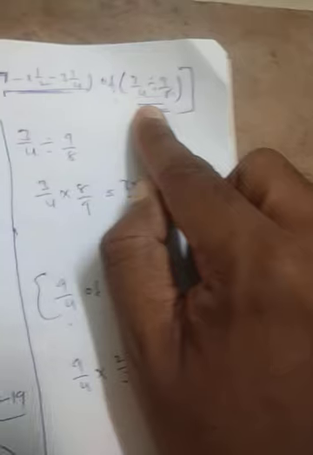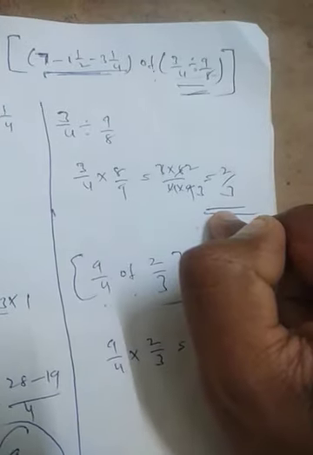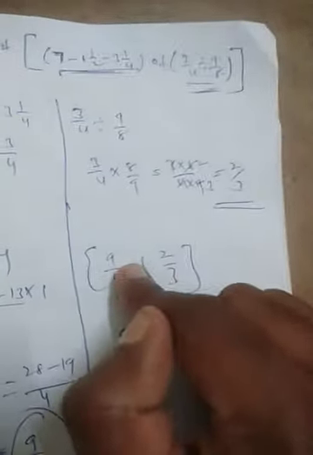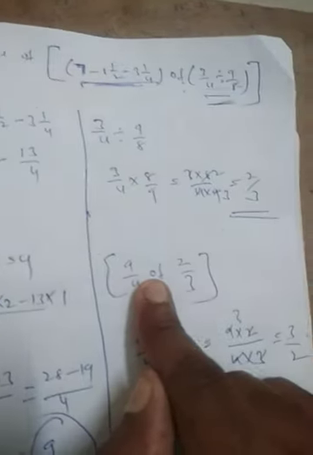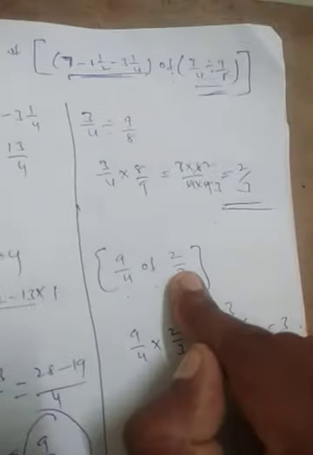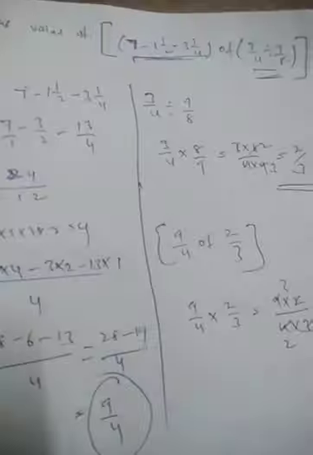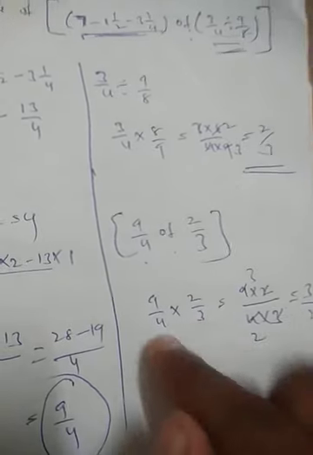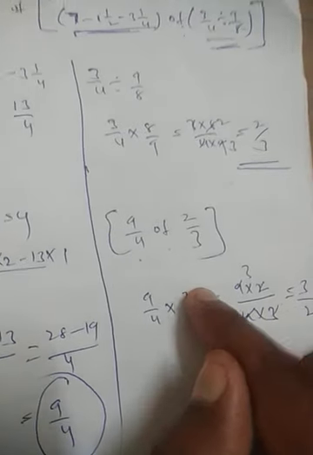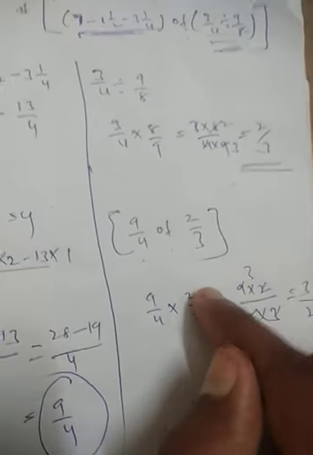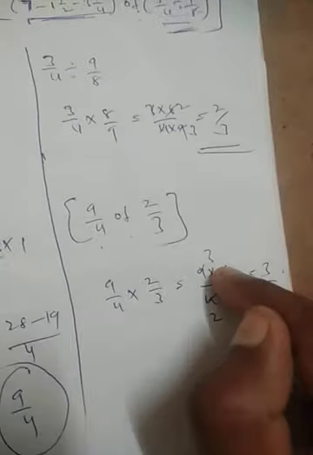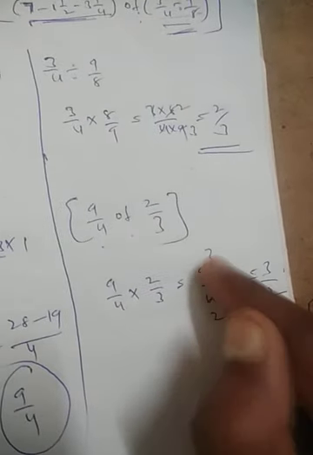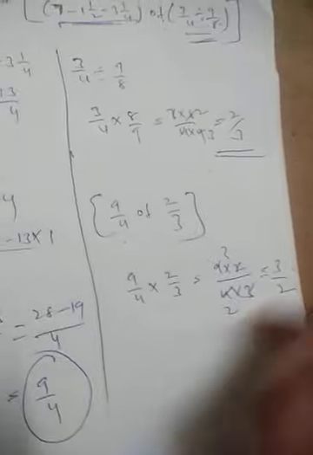Next here, 3 by 4 divided by 9 by 8. Division by a number is multiplication by its reciprocal. That means it will become 2 upon 3. After that, 9 by 4. This value is 9 by 4 of, and this value is 2 by 3. Once again this total value is 9 by 4 of 2 by 3. So 'of' means multiplication. Then what can we write? Multiply the numerators, multiply the denominators. So multiply 9 and 2, and multiply 4 and 3. So 9 into 2 by 4 into 3. So 3 1s are 3, 3 3s are 9, 2 1s are 2, 2 2s are 4, so 3 by 2 will be your required answer.